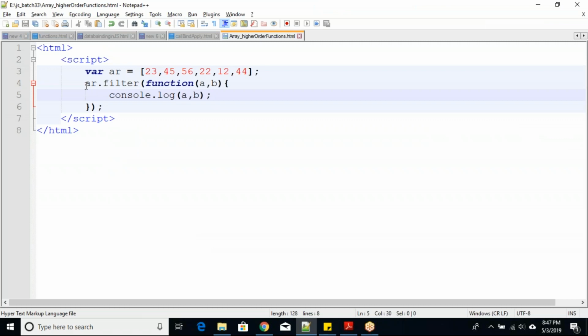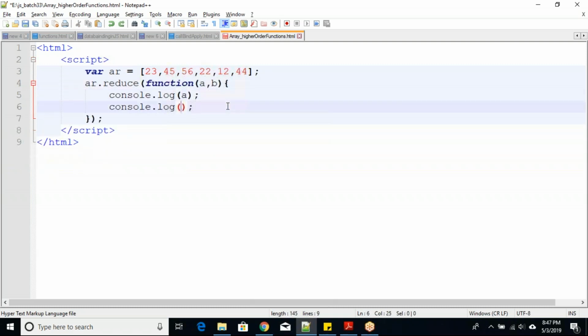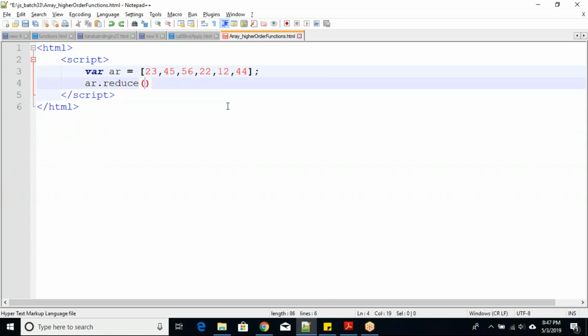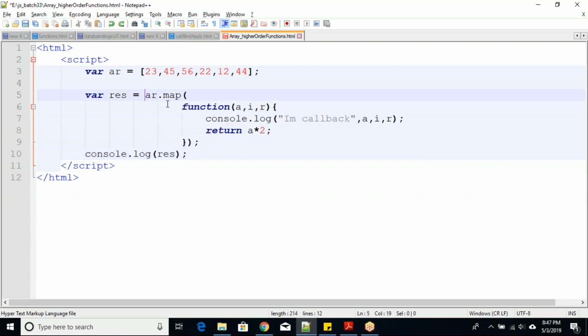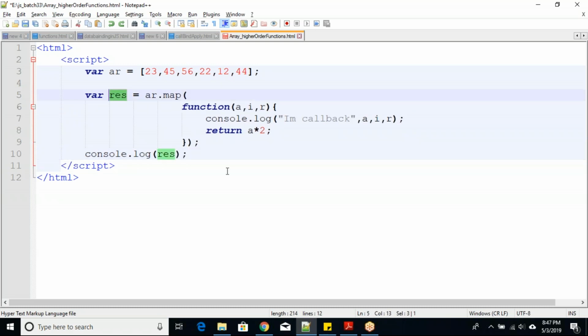But the beauty of it is that this filter function can also accumulate the return values, just like a map. This map function accumulated all the values and stored them in res. The same job can also be done by filter.